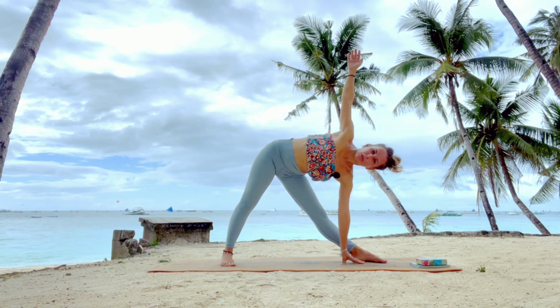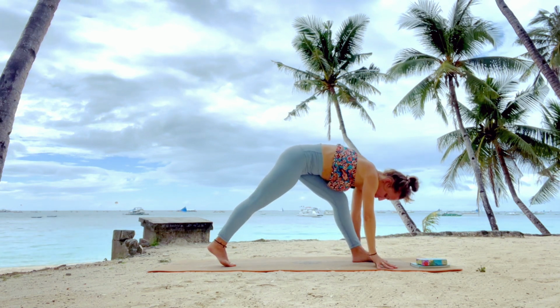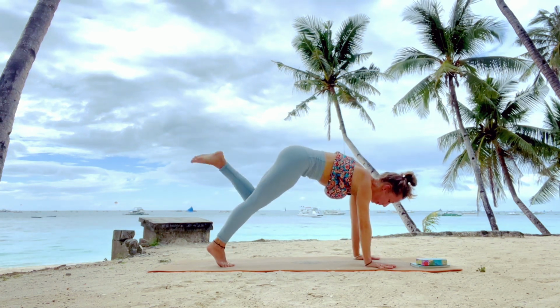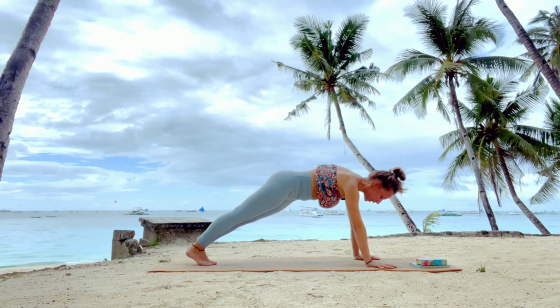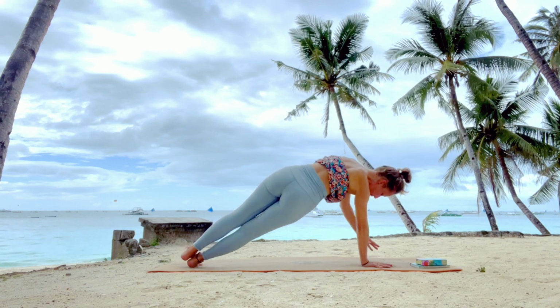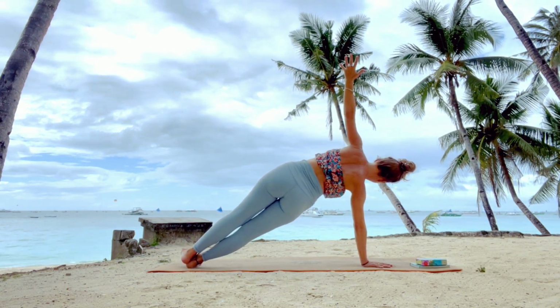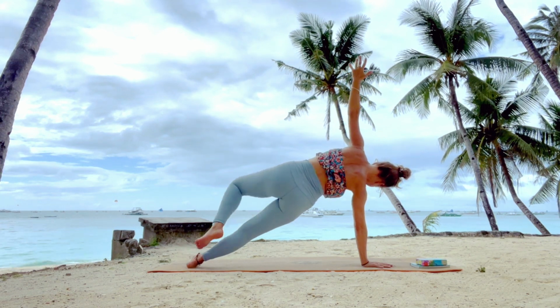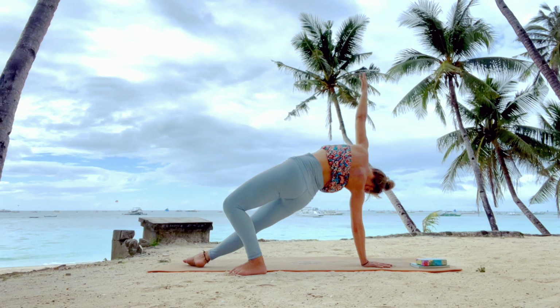Then gaze in front of you if you're gazing up. Exhaling, framing left foot, flipping back heel up and stepping back to that plank again, feet together. This time you shift the weight onto the right hand, right outer edge of the foot, inhaling your left arm up, holding your Vajrasana, or bending left knee, stepping left foot behind and coming for a wild thing just for